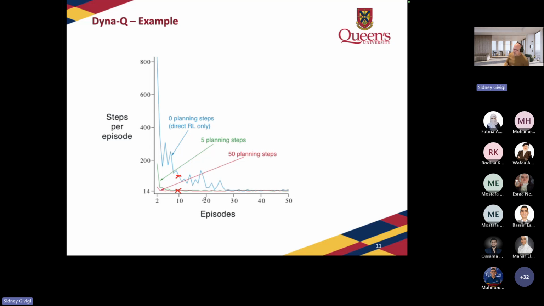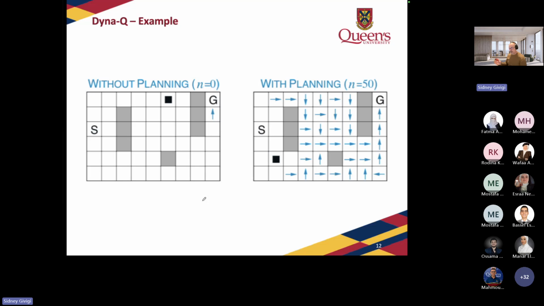And I'm not claiming here that you should always use these planning steps. But in situations where interacting with the environment is very costly, you might consider using this. And this is something that people use quite a bit. I do use this in my research. So there are different ways that we try to make the interaction with the environment less costly. And this is something that is important. It is something that you should take into consideration in certain situations.